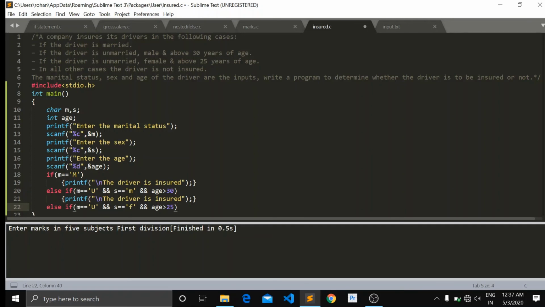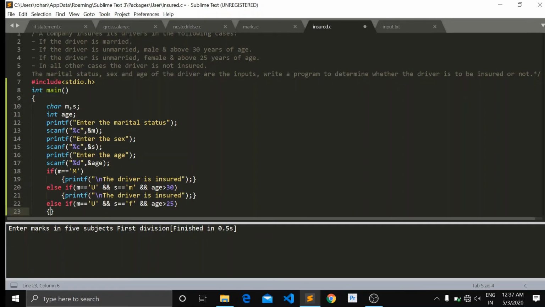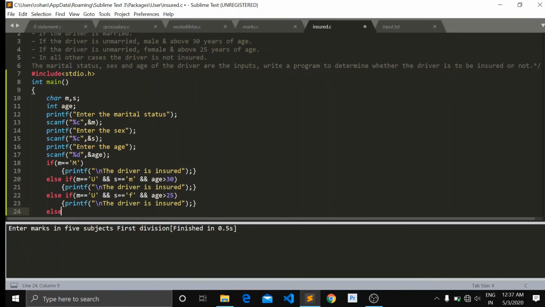Then if this condition matches to be true, then printf, the driver is insured. Then an else block is there,